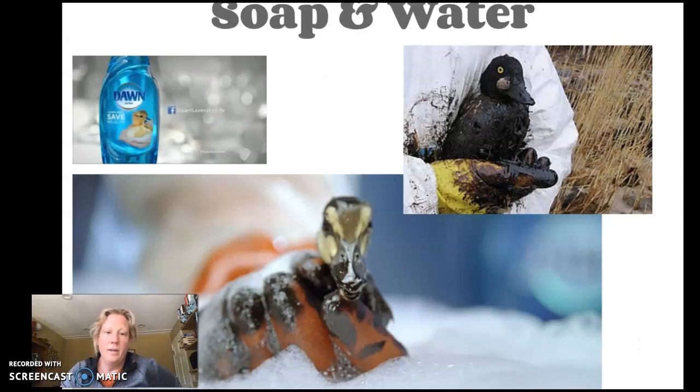Soap and water. We can't live without soap. And I know we haven't had an oil spill lately in the news, I don't think, but they're super depressing to look at. The wildlife that gets coated will die unless someone intervenes and takes that oil out of them, which has everything to do with IMFs. Just like in the pictures with the cooking oil, this crude oil is also non-polar, so it doesn't mix with water. So it's not going to come off unless you use something called soap, which is a